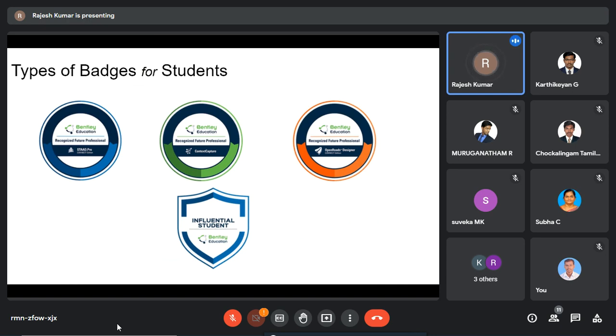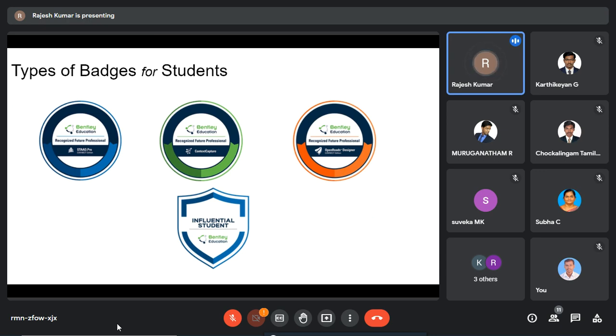One is Bentley Education Recognized Future Professional for STAAD.Pro, then Bentley Education Recognized Future Professional for ContextCapture, that is reality modeling, then for OpenRoads Designer, and then for OpenBuildings Designer, that is our BIM software. And there is one more certificate which we added in the last few months, called the Bentley Education Influential Student.